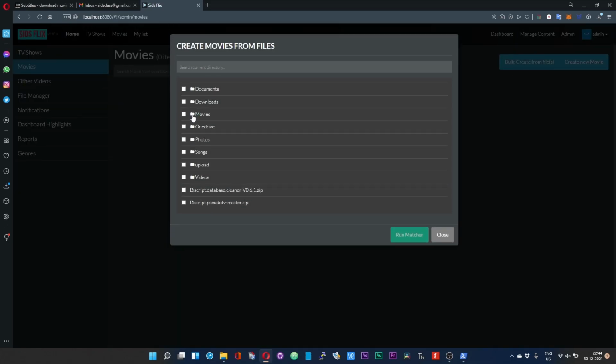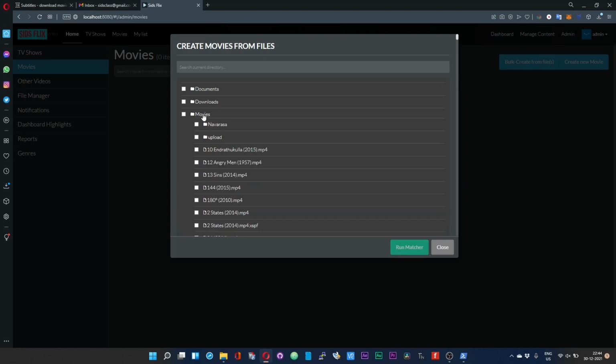Now you should see the list of files in which you have got content. Select the appropriate files. Just click on the file name. It should immediately drop down the subfolders.